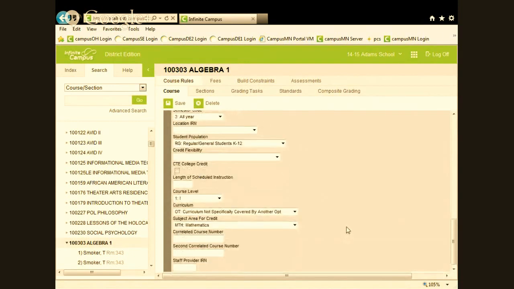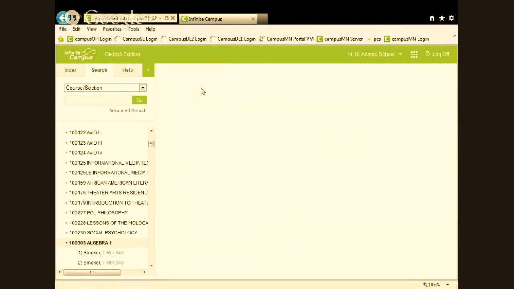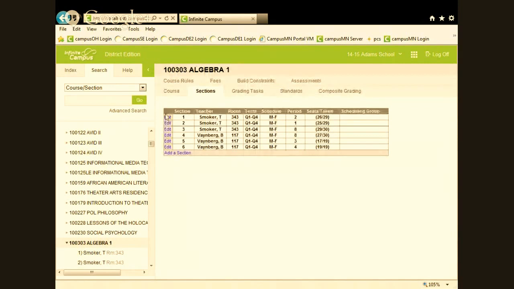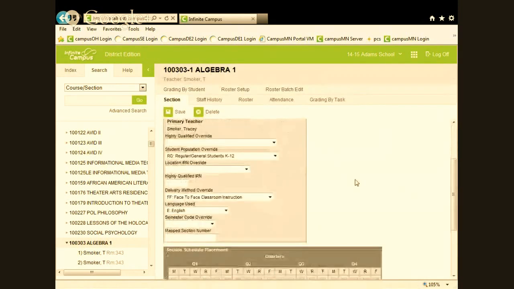And then we have some things at the section level as well. There's that stuff. So those are the other places where data is collected and then pulled out for the extracts.